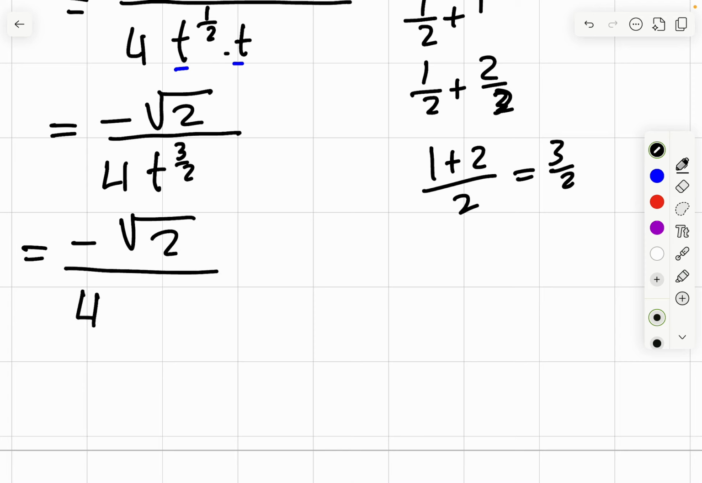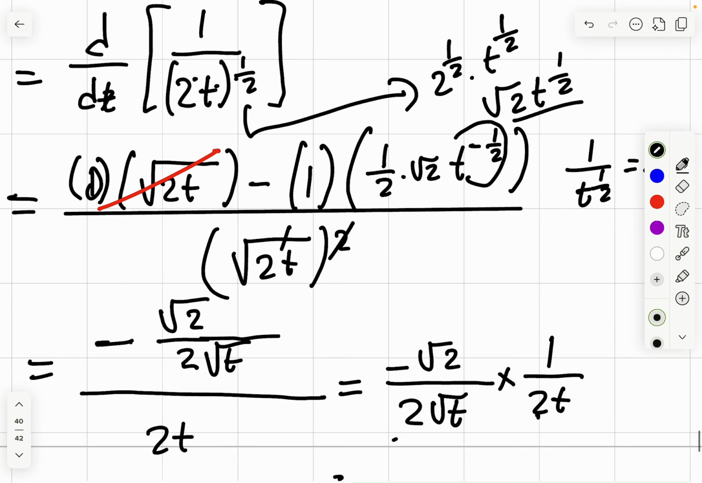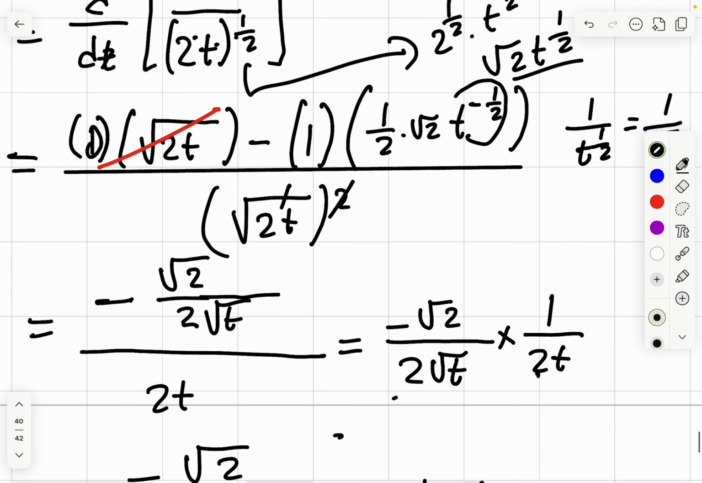Therefore, I take that 3 outside the square root. Therefore, I square that 2. That is your final answer. If you want to simplify completely, you can leave your answer here if you want. You have derived that thing,